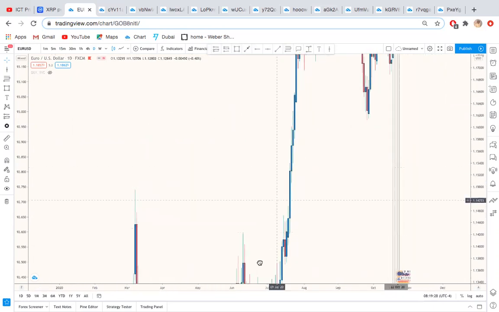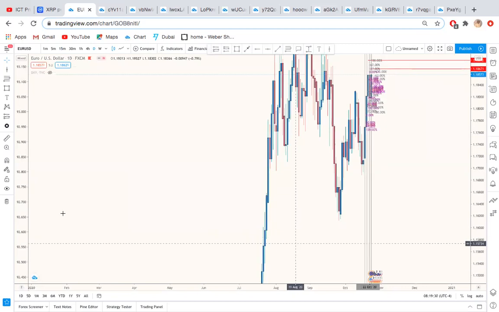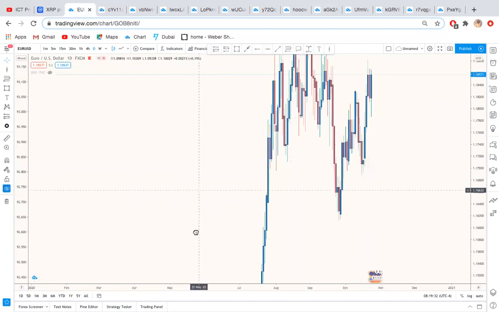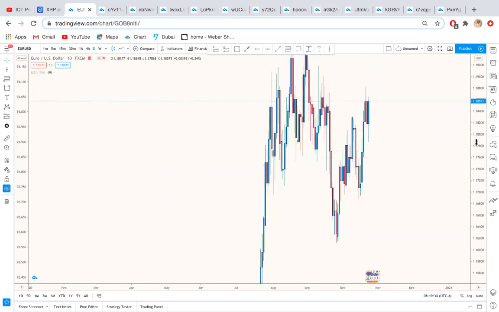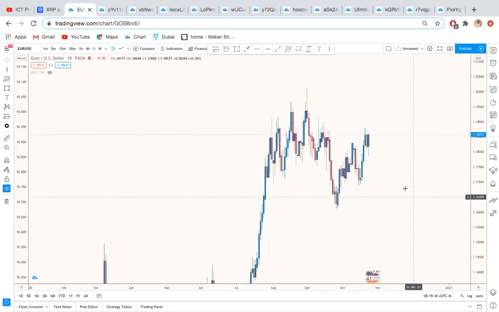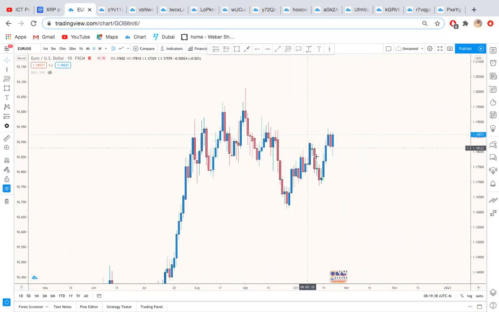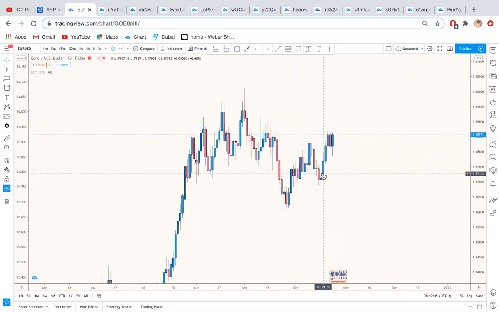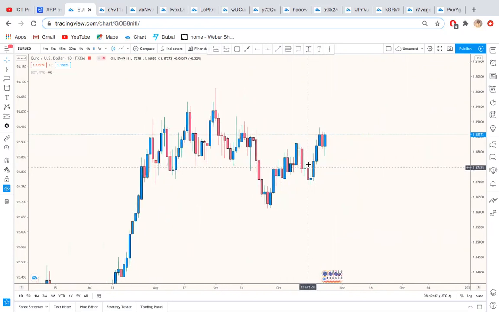Okay, so here we are. Let me hide these drawing tools. This is the daily time frame. I think we have this candle on Friday, Thursday, Wednesday, Tuesday, and Monday. I could remember this was my first target, to raid this candle's high. For the short term, you can see on Monday,